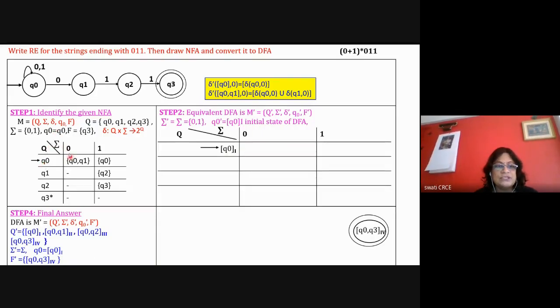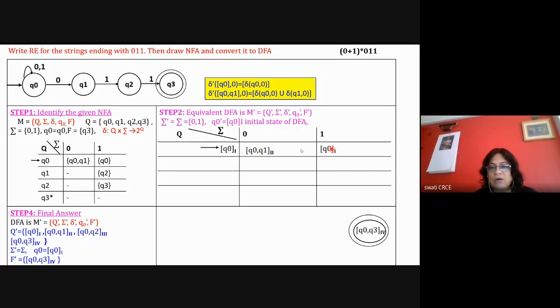So we observe the transitions for 0 here, that is Q0, Q1. So it is a new state. Some part of Q0 and some part of Q1 is extracted from the original NFA and a new state is created. As it is a combination of Q0 and Q1, it is written as Q0, Q1 and, because it is a new state, numbered as 2. Then for Q0 with 1, we see that it is the state which is already there and which is numbered as 1 previously. So we are using the same number.